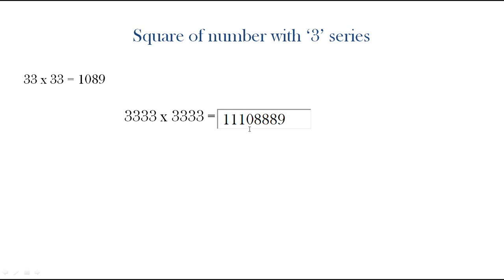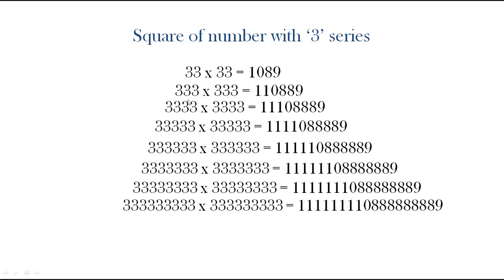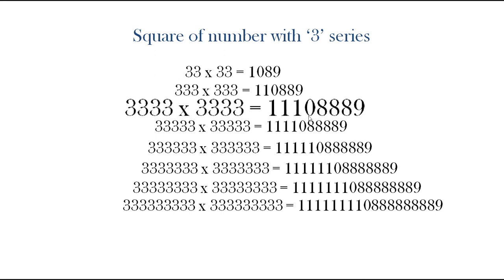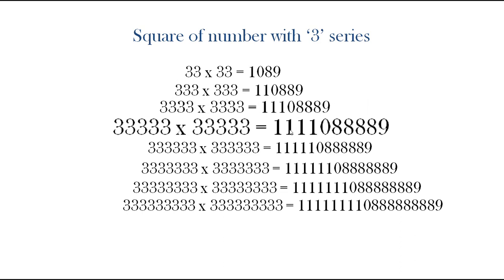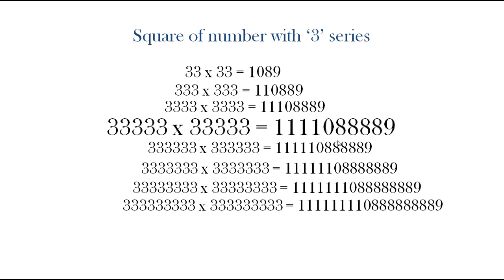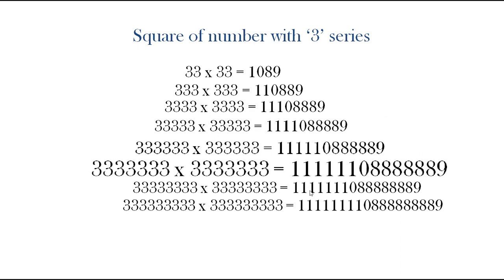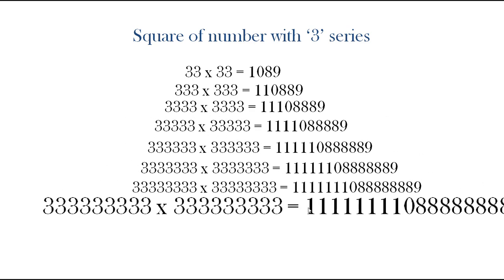In this way we can write the answer very easily. So let us look at the squares of a few numbers that have only 3. The first, 33, 1089. Starting from the next number, we are repeating this 1 and 8. See, for 3 digits here, I have repeated the 1 and 8 two times. So going further like this, we will just repeat one less than the number of digits we have in the number. Just take that number and keep repeating this 1 and 8 that many times, and that would give our answers like this.